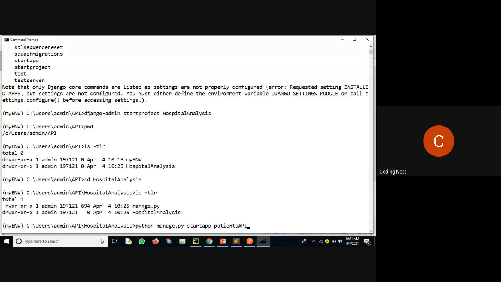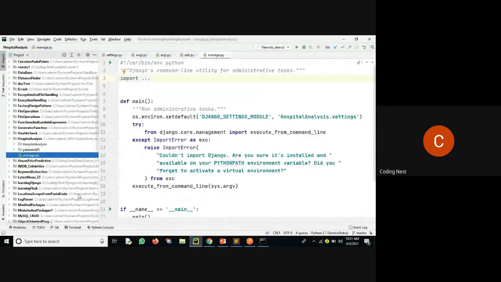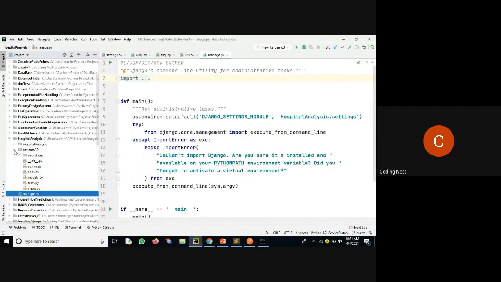Yeah, so patients API. I wanted to create this app. So let's see what will happen in this case when we use a patient's API. We will notice an app is being created. So just let's expand this one. We'll talk about what migrations are, because this Django framework comes with